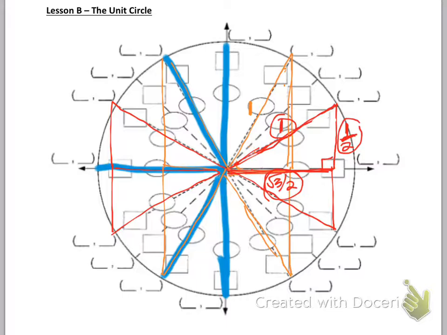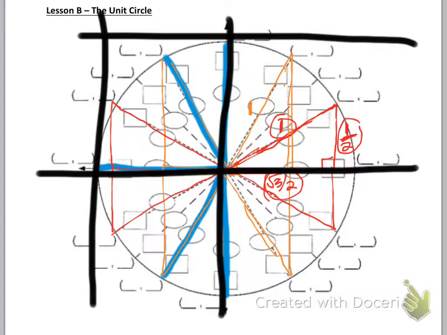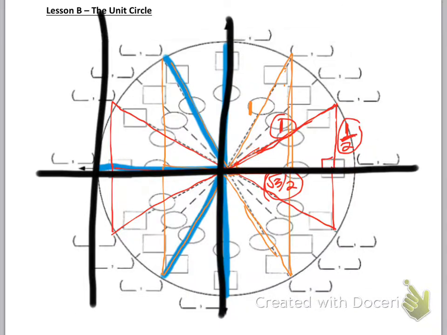Because I know those side lengths, the unit circle is imposed on the grid. If I wanted to put it on an actual XY coordinate grid, it would only fit in between left 1, up 1, down 1. I'll put some big black lines on here, like your grids all out here. I'm going to get rid of these in a minute. But it's right in your normal grid. It's really tiny, 1 tall and 1 to the left and 1 to the right, and isn't that crazy? It's just squeezed in there. But we use that to help us memorize those 30, 60, 90, and 45, 45, 90